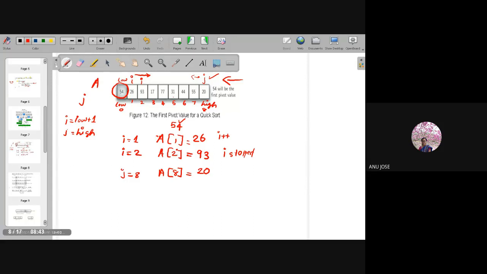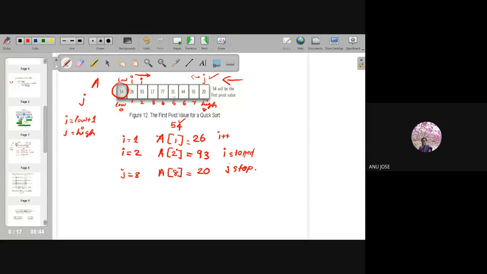If the value in the jth location is greater, then j will keep moving. But now the value is smaller, so the movement of j should stop.